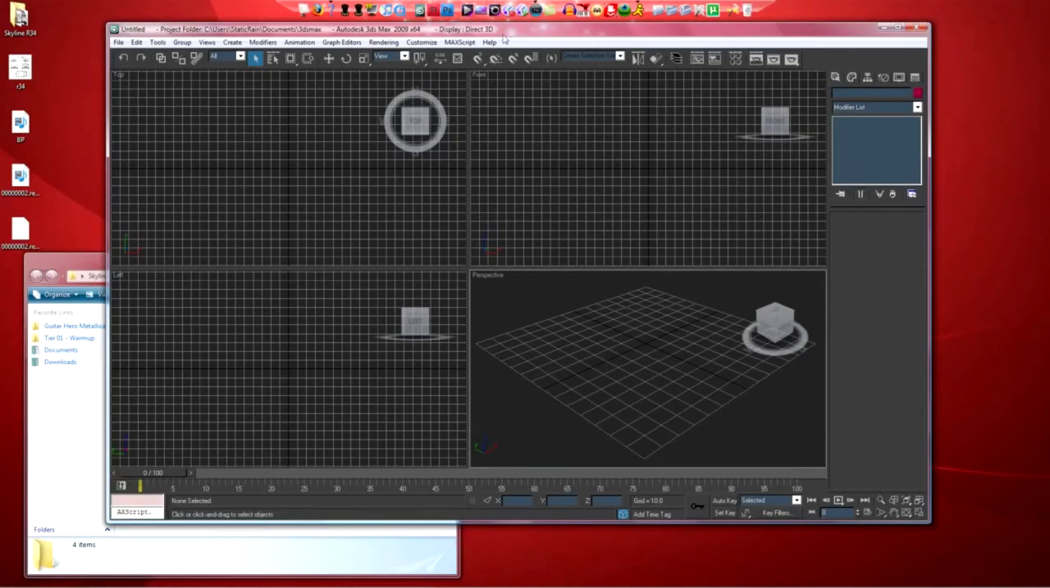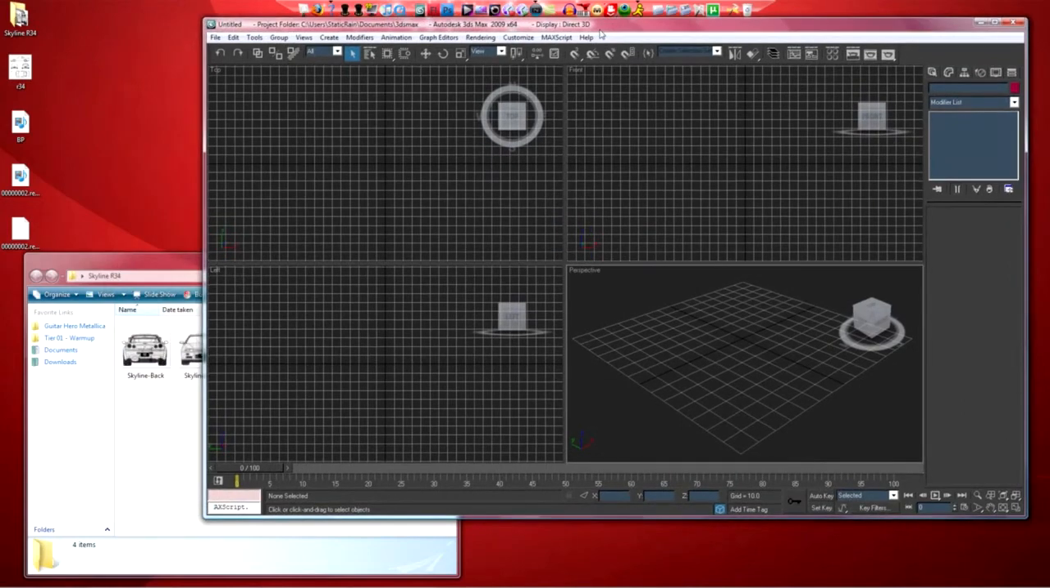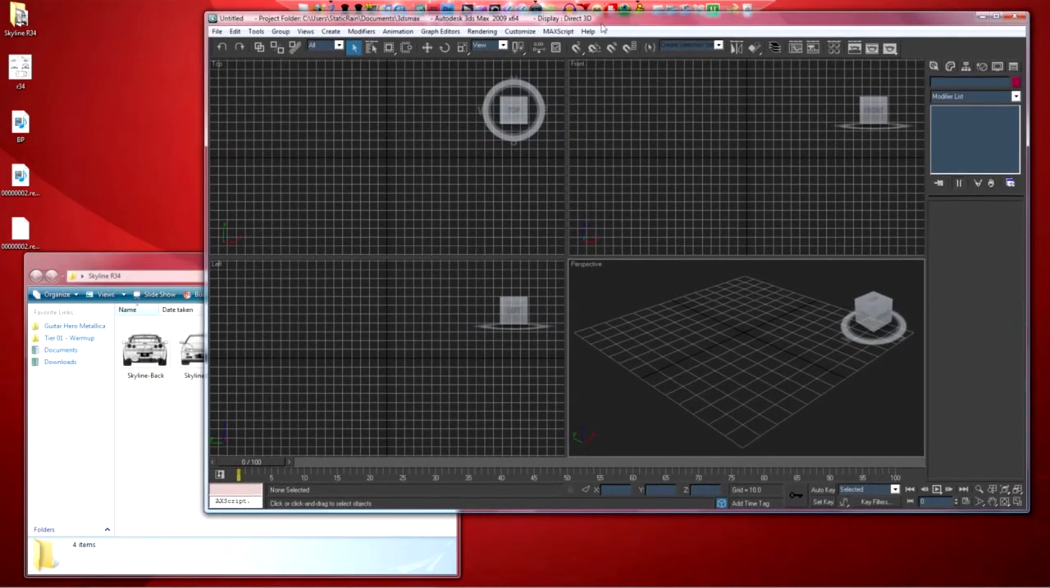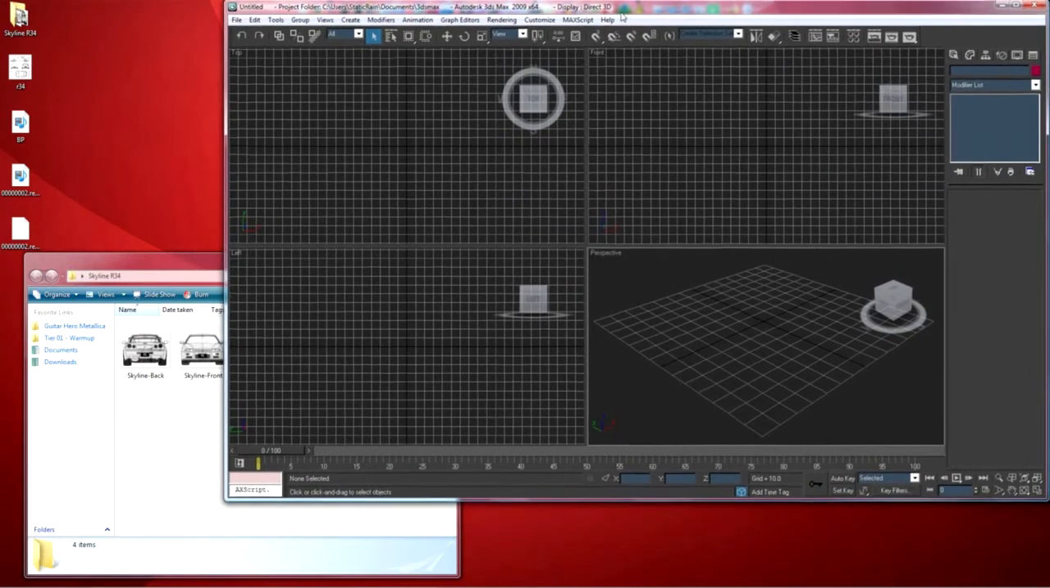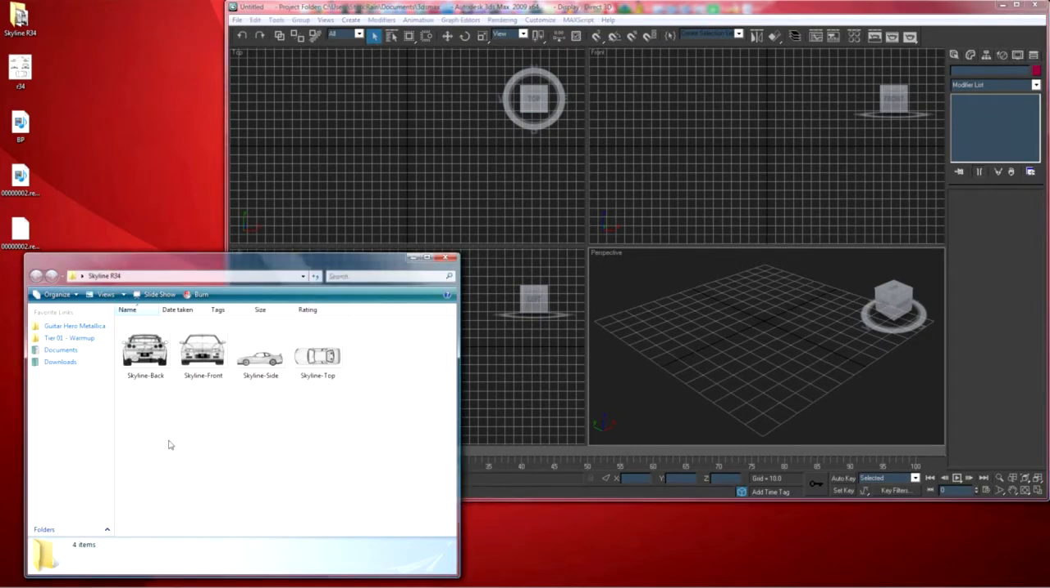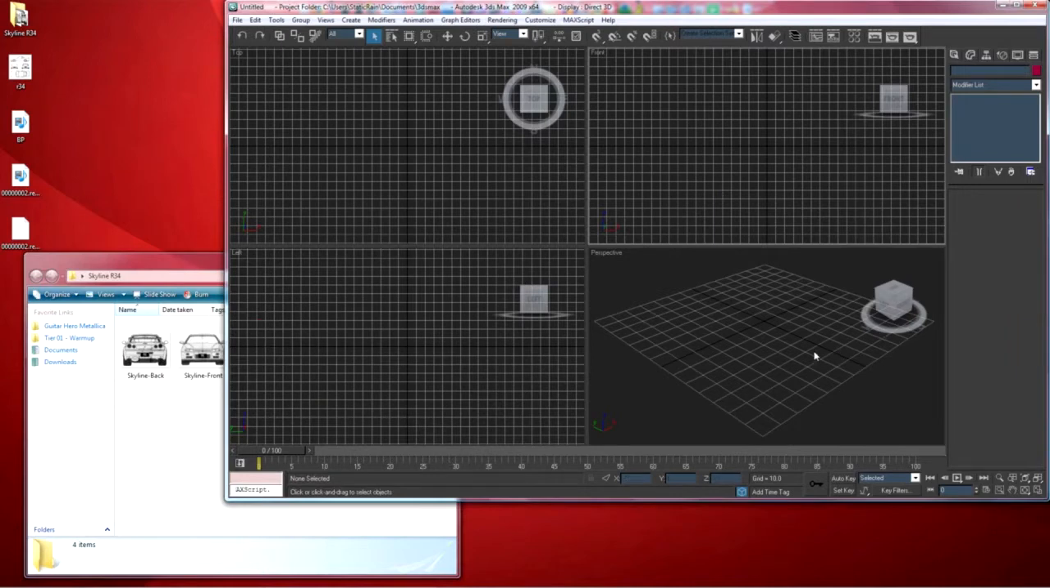Alright, guys, welcome to part two of my project that I just started. We're going to be creating a Nissan Skyline R34 in 3D using 3D Studio Max